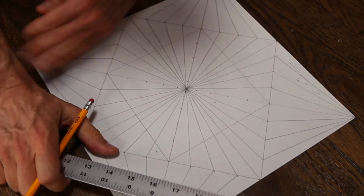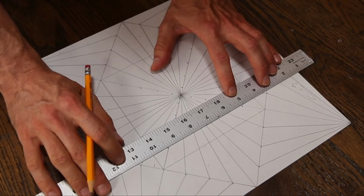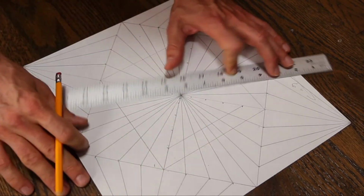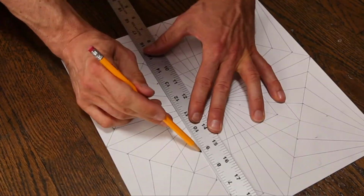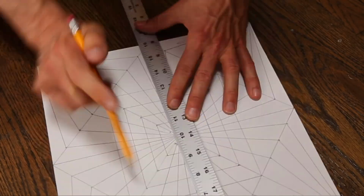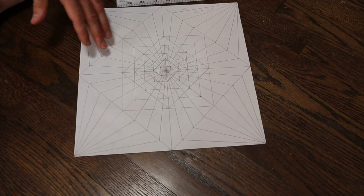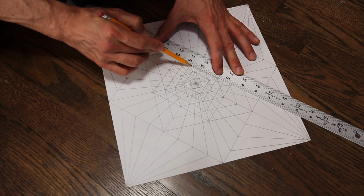And then you use those dots to then continue. These measurements help you to continue the squares. There you go. And then you can drop it down. So there you have it. And then you can correct it as...